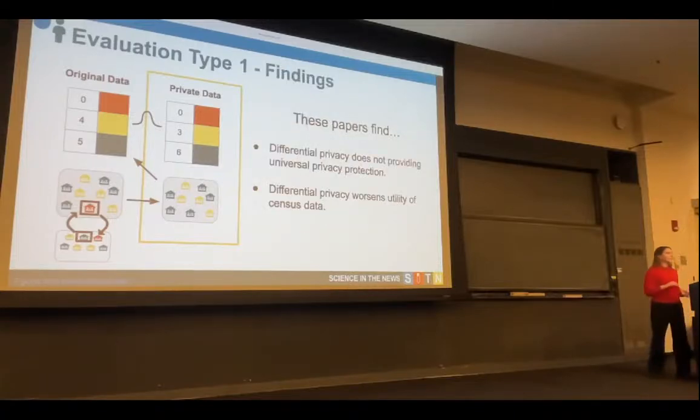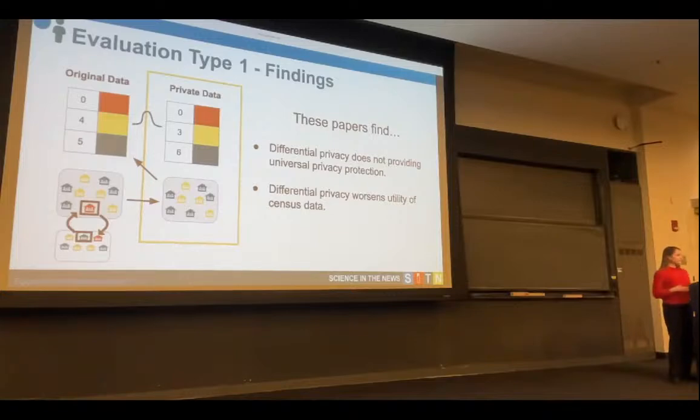And across these papers, there's largely two findings. The first is primarily from the redistricting paper, but they see that differential privacy does not provide universal privacy protection. They say that the ability to predict race and ethnicity is no different from the 2010 data, from the swapped data. And in a moment we're going to discuss, but these results are pretty widely debated in the differential privacy